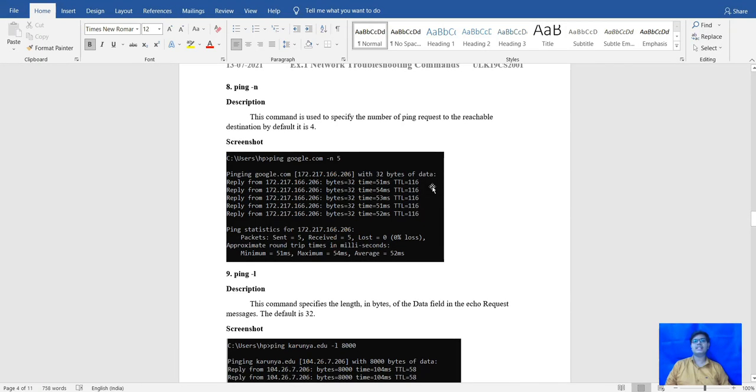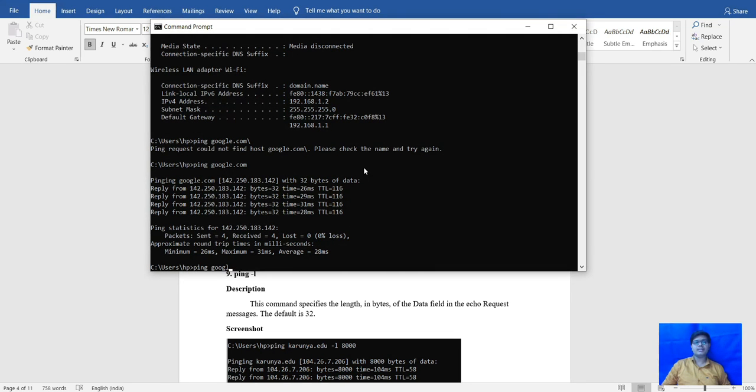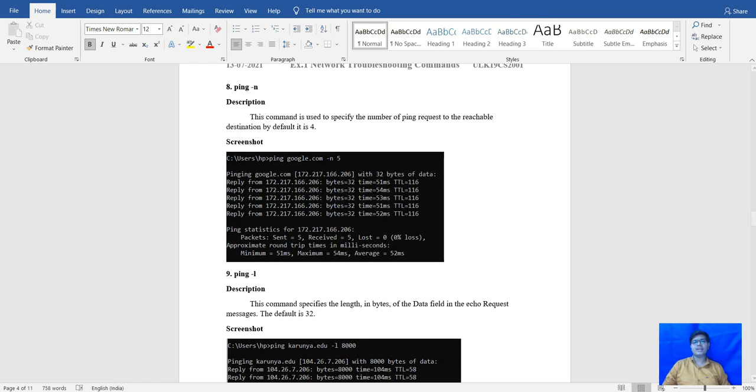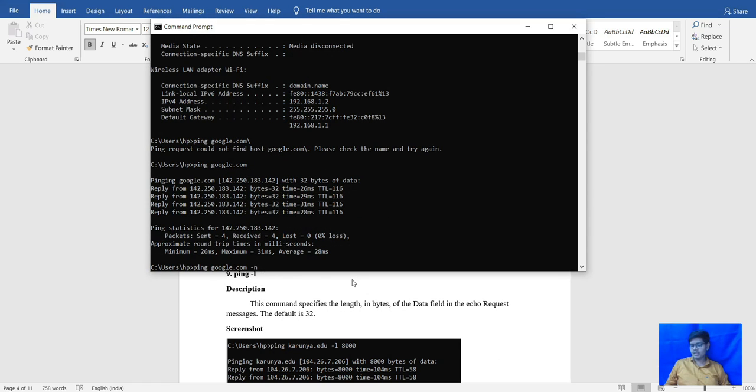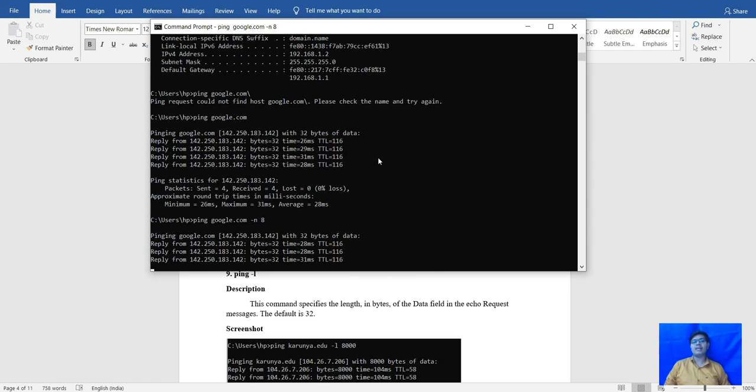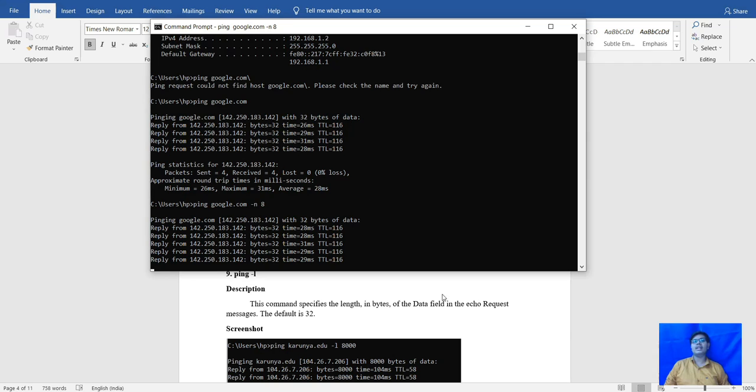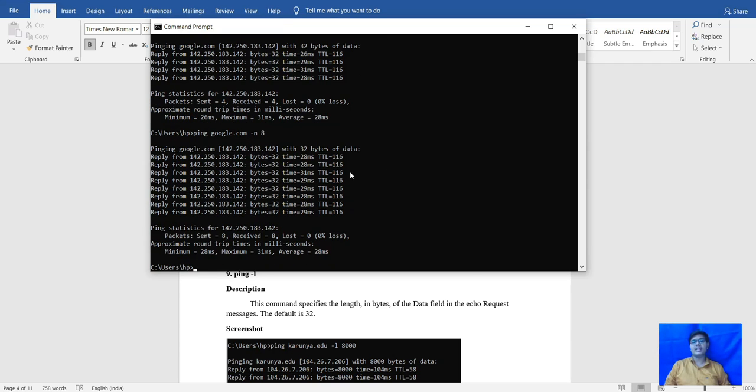After that, we will move to the next command, that is ping -n. This command is used to specify the number of ping requests to the reachable destination. By default it is 4. Means if I give the ping command for google.com and give n, and if I give the number 4, which is the default, but when I give 8, it will send 8 ping requests, they will go there and come back.